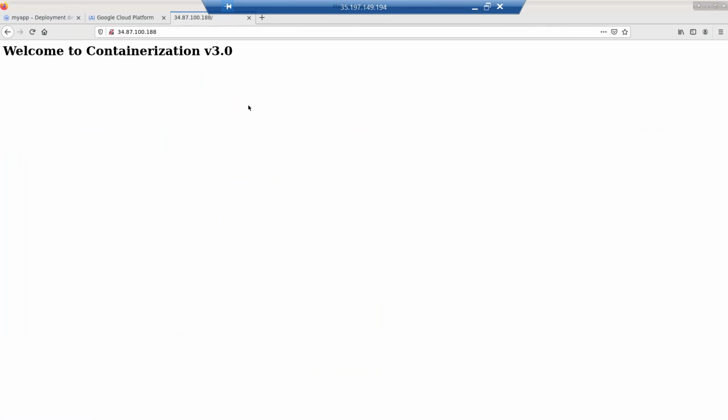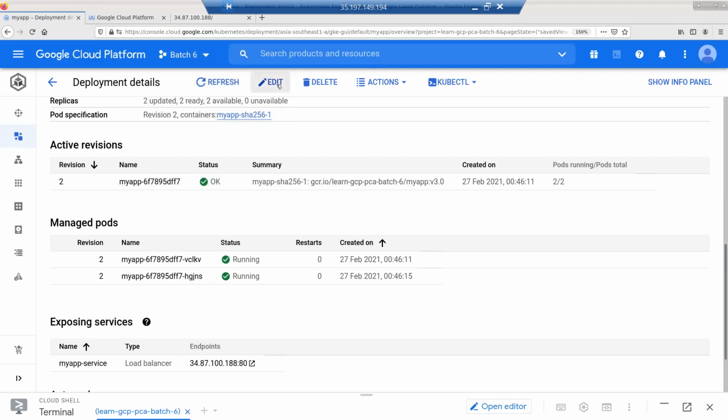Now in reality this will happen. The customer or the manager will come and ask, can we roll back? Something has gone wrong, we want to roll back, no problem. In Kubernetes this is what we can do very easily, and with the concept of containers, you get better management of versions, you can see it. If they say please roll back to the previous version, so easy. Just go again, edit,